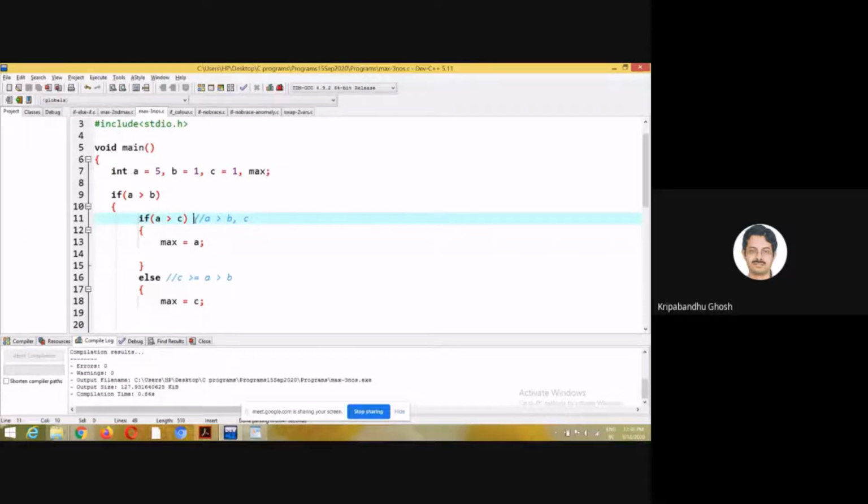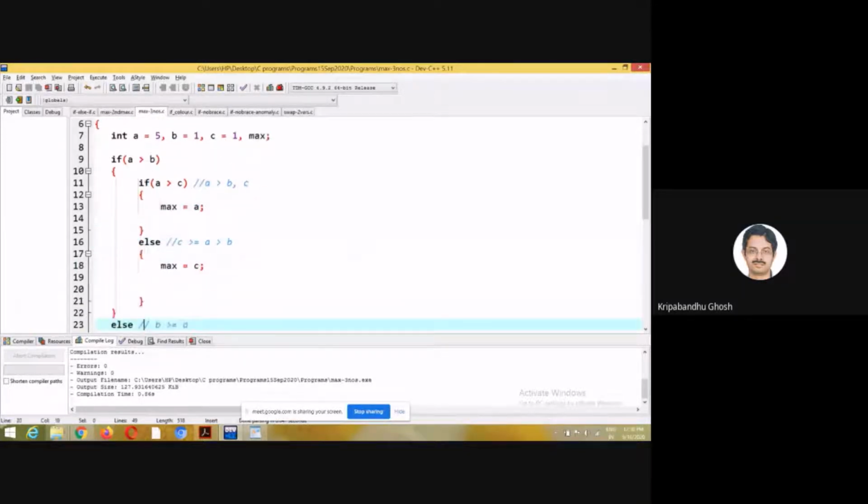Here I check A with the third number. We know that A is greater than B from this line, and after this line we know that A is greater than C also. So there is no doubt that A is the maximum number. I store the value of A in the variable max. So max now contains the maximum value.